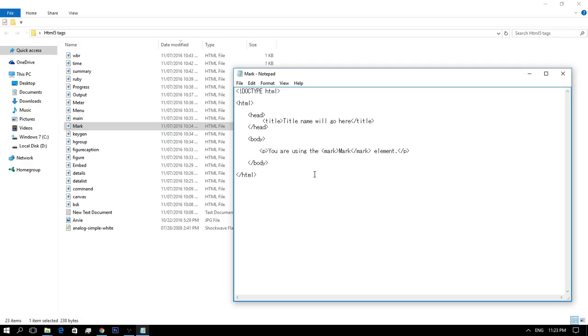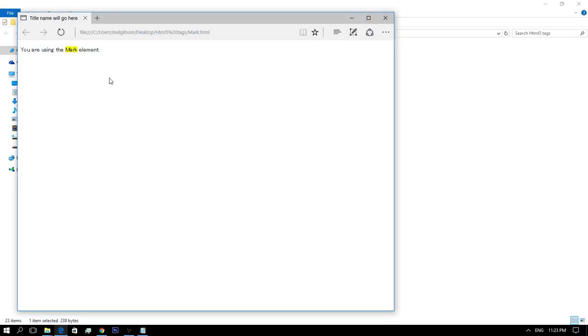So the mark element is basically used for showing a marked text background, just like this. So the mark element typically highlights the text with another background color, which attracts the reader and focuses on the particular text for reference.